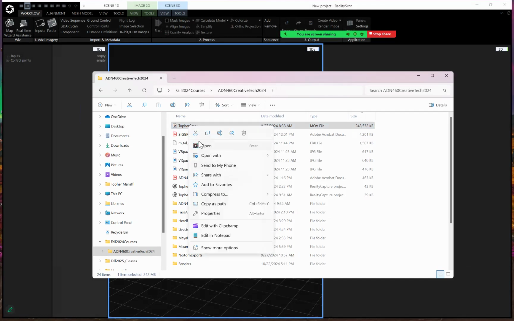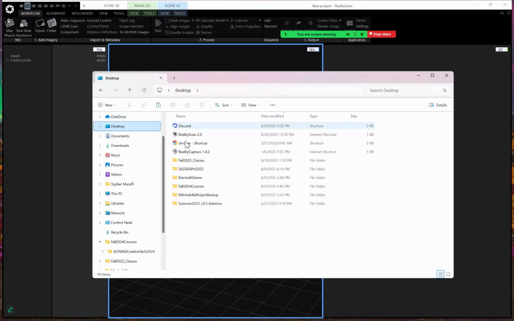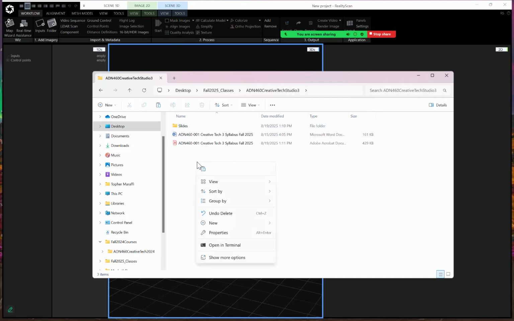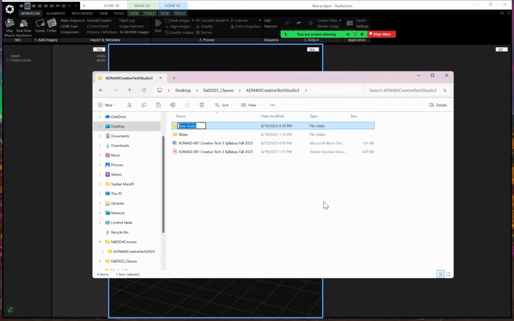Let's just, I'll just copy it. And I'm going to put it in a different folder that is for this year. Okay, and I'll make a new folder and let's just call it Reality Scan demo. And we'll paste